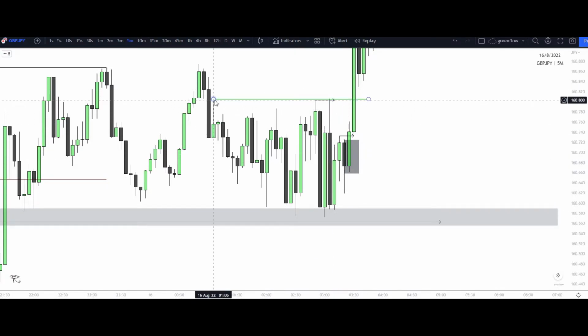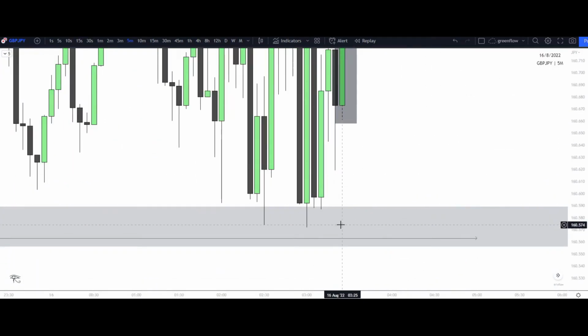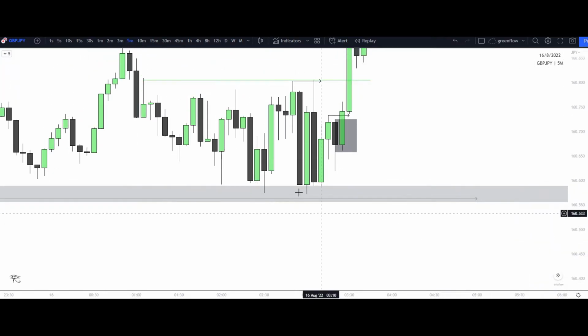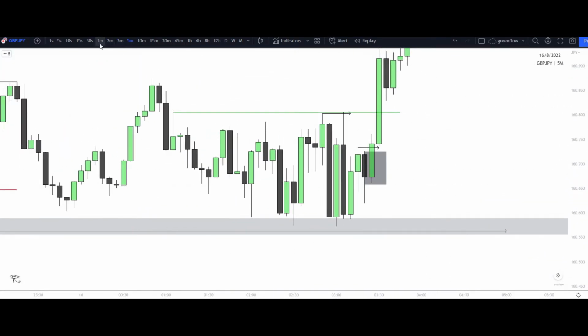This was a liquidity raid to the upside. It still respected this high that caused an internal low, and then we came lower, right? And then after we came lower, took out this low right here. We can see it literally pipped it. The direct candle after, right, broke that structure point to the upside. Now let's go to the 1-minute.